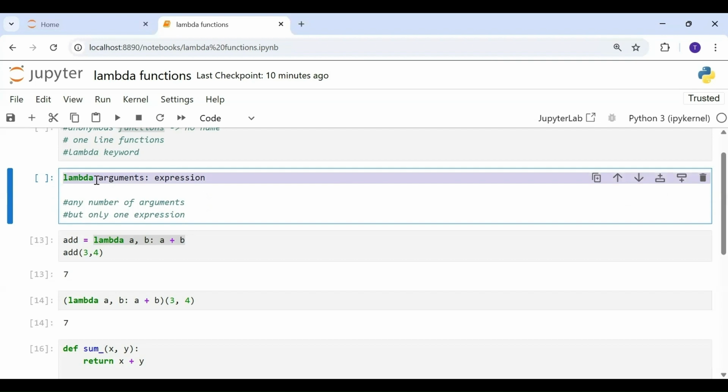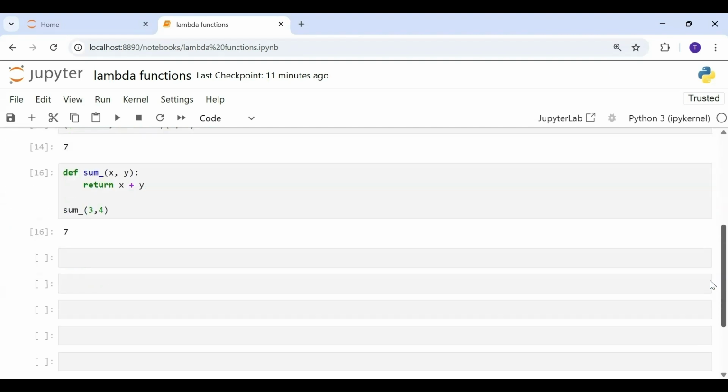If a function is very complex, you're doing multiple things inside the function, then go for the regular function. Don't try to use a lambda function there. Generally, you would use a lambda function when you know that you're going to use this function only once. So instead of creating a regular function, you can go ahead and use a lambda function. Let's try to write another lambda function.